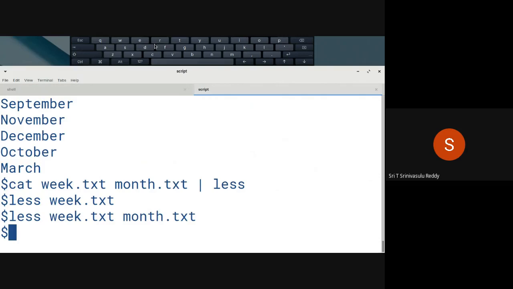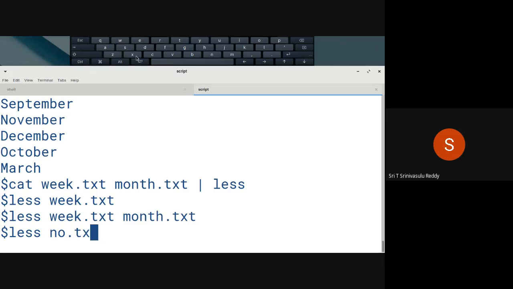So cat is one command by which you can display the contents of a file. Less is another command to display the contents of a file, screen by screen, right? And you can give any number of file names there so that it's going to display all of them. And whenever you issue something wrongly there, like if a file doesn't exist, so you say, for example, no file, or no.txt, whatever.